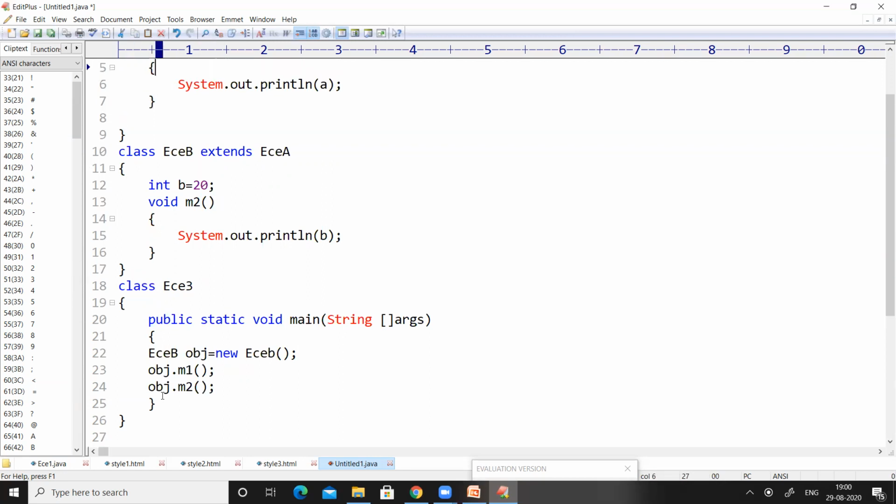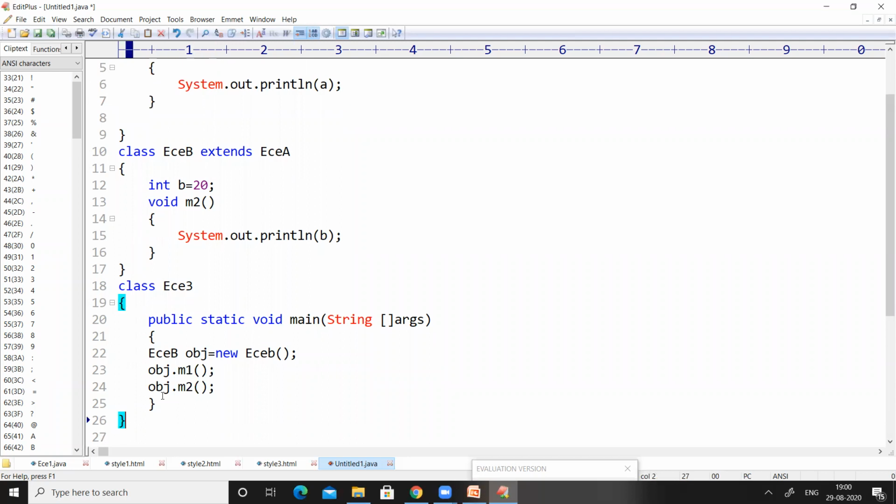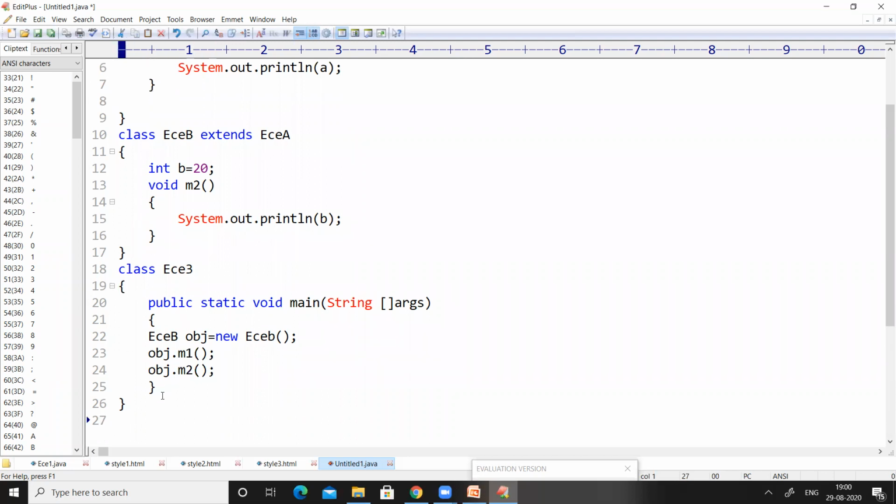At the same time, M1 and M2 are in the RAM under the name of OBJ. So in order to access M1 and M2, we have to give memory name dot method name. So memory name is OBJ, method name is M1. Memory name is OBJ, method name is M2. So OBJ.M1 and OBJ.M2 will print the values of A and B.